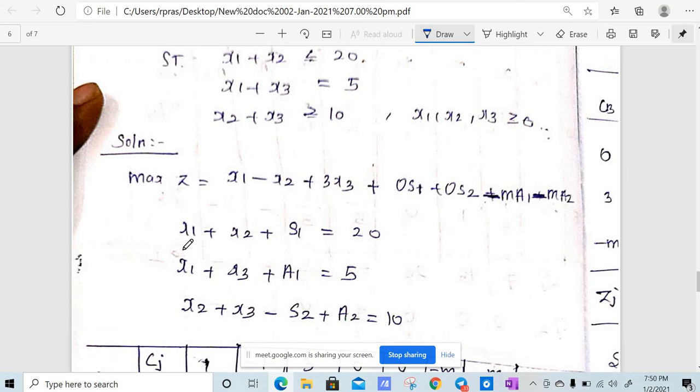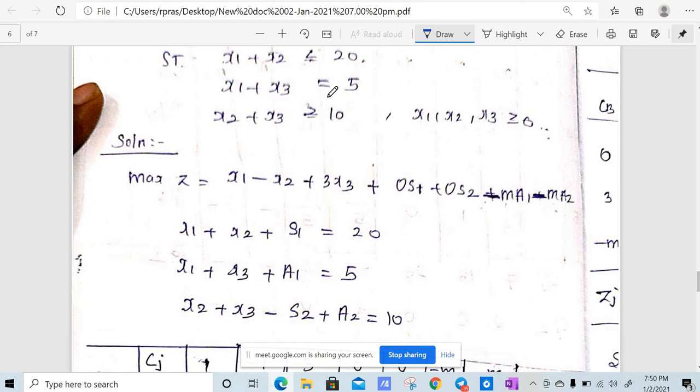Suppose it is the simplex method, what we will do is simply write this as minus x2 minus x3 is less than or equal to minus 10. But we should not do like that here, right? So if it is greater than or equal to, we should subtract a slack variable, and then add an artificial variable. And if it is less than or equal to, whatever method we follow for simplex, we can always do here: plus s1 is equal to 20. But if it is greater than or equal to, we should subtract one slack variable.